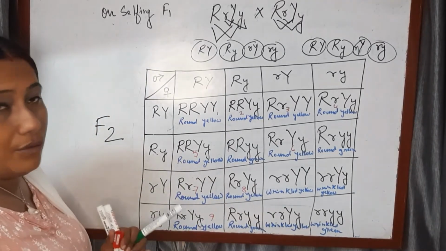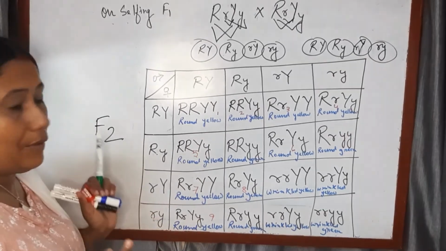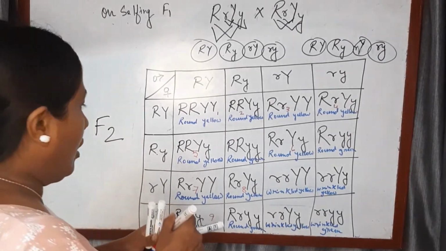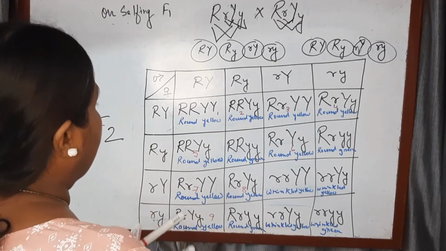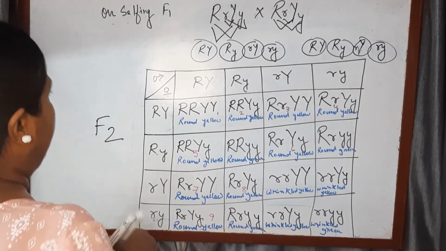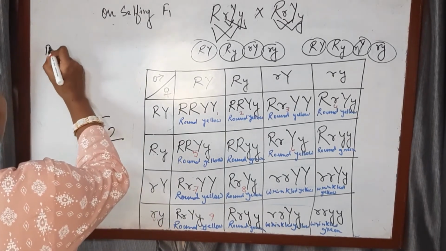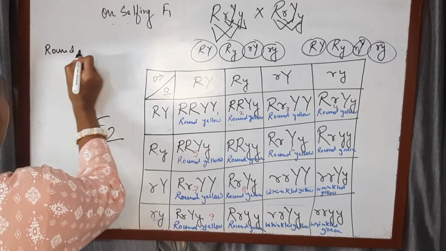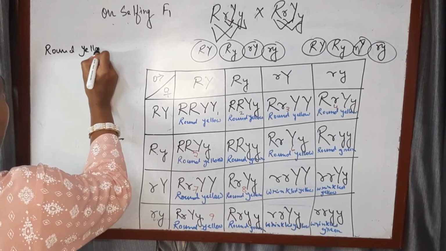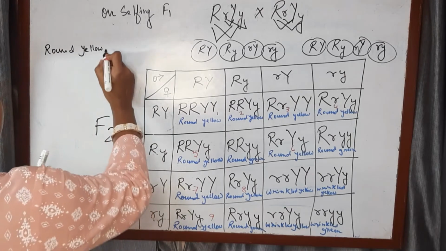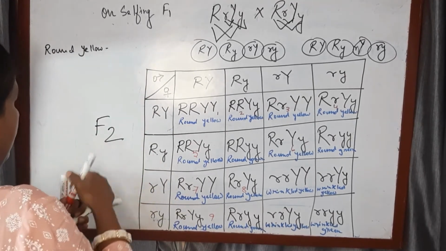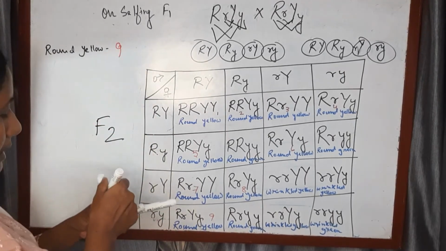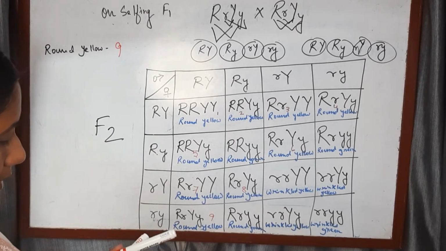Any other round yellow? I hope you have counted. There is no more round yellow. So how many round yellow are we getting? Well, 9. So round yellow, that is 9. Let's count the